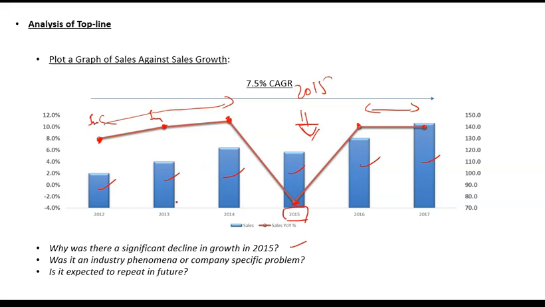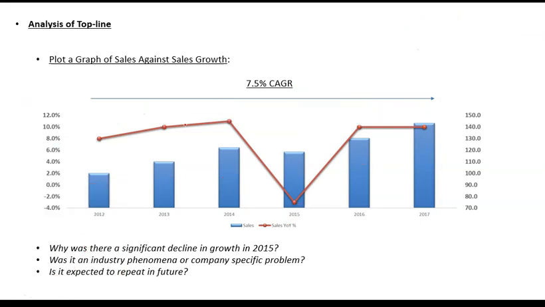So जिस भी year में, जिस भी single year में you are seeing any variation from normal trend, you need to give the reason. Maybe there is a company जिसकी sales growth बहुत ज़्यादा volatile हो, so you need to have the reasons कि इतनी ज़्यादा volatile क्यों होती है, एक साल में ज़्यादा एक साल में कम क्यों होती है, and is it again an industry phenomena or a company specific phenomena, and will it remain like this in future or will it become sustainable in future.